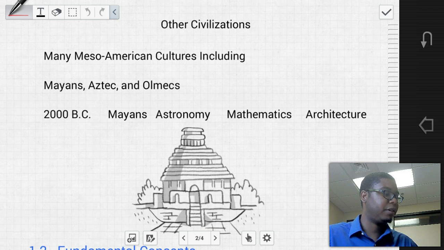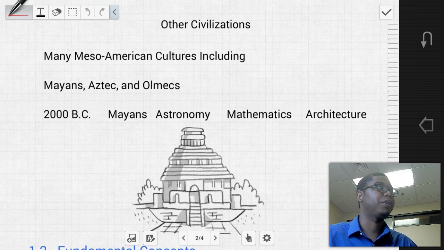Naturally, there is consideration of the Asian cultures. Ancient China developed many mathematical principles, trigonometry, and basic architecture, independently from other civilizations. However, there is some debate upon that. But many Mesoamerican cultures in Central America and South America, including the Mayans, Aztecs, and the Olmecs, are considered to have independently developed